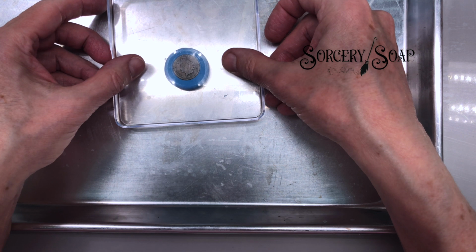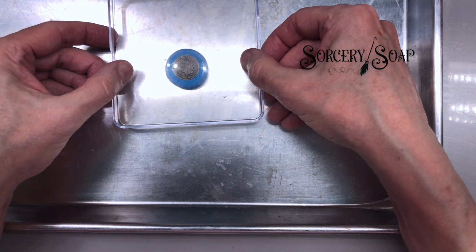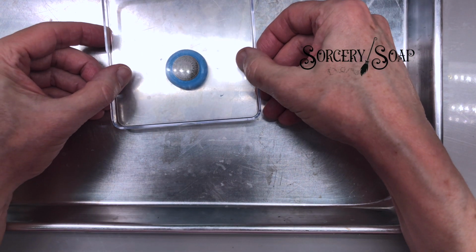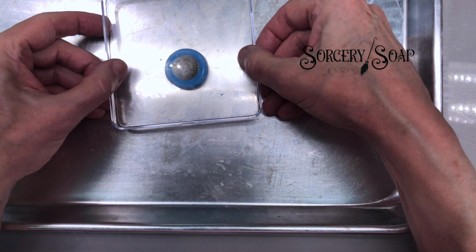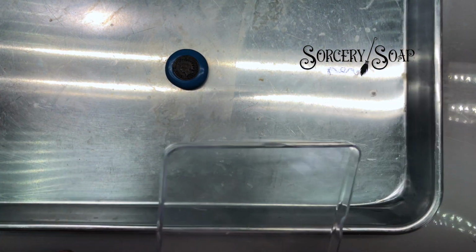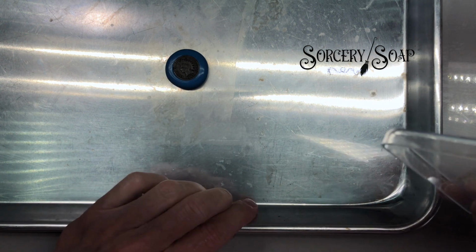Yeah, that's a little bit better. You see, I don't know if you can see what I mean by that. And then taking it off is a little bit tricky. Because when I scrape the soap dough off of it, let's see, that looks good. I'm going to leave that for what it is. Now I can't touch it. If I want it to be exactly like that, I cannot touch it, which means I'm going to have to